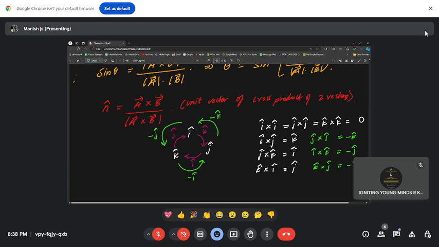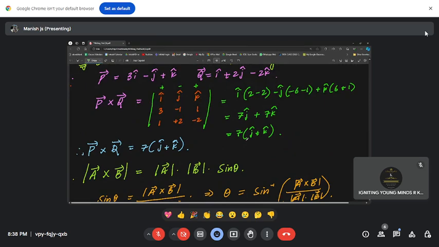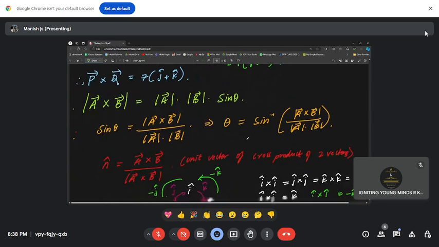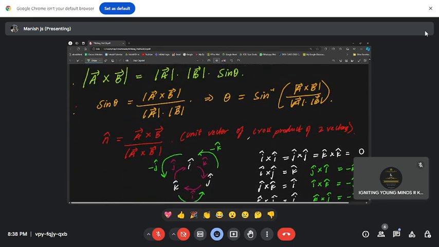So we have learned so many aspects as far as vectors are concerned. Vectors is basically a vast topic. So you will have to master these aspects of dot and cross product. You will have to practice them well. So with this we will move on, children. I hope it is clear so far.